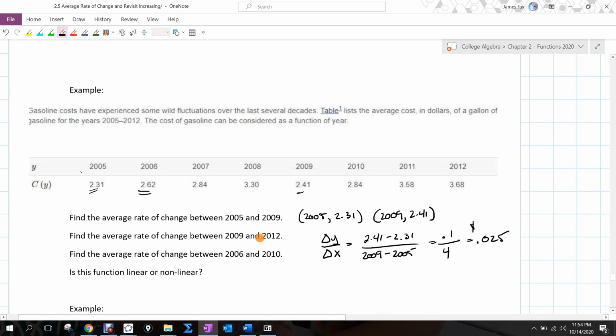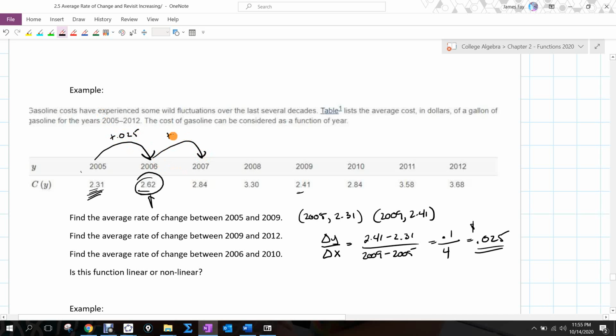Now, if I think about this, it's called the average rate of change. It doesn't tell me that from that year to that year, if I apply that change, I'm going to get that amount. So I'm not going to go from 2.31, add 0.025 to it, and get the next year, because it's the average rate of change. But what it does tell me is to add 0.025 there,